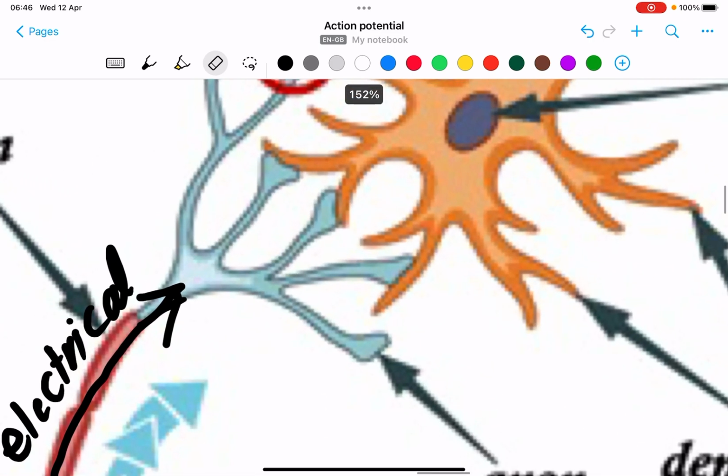When the electrical impulse arrives at the end of the axon that we call presynaptic membrane, it needs to be changed to another form, which is chemical, because there is a small gap between